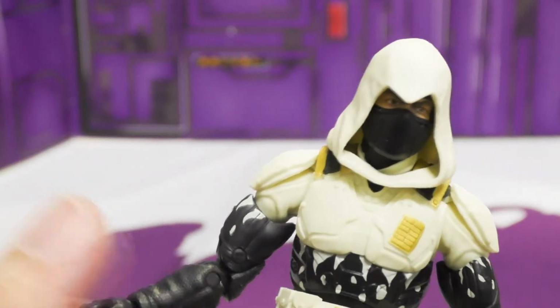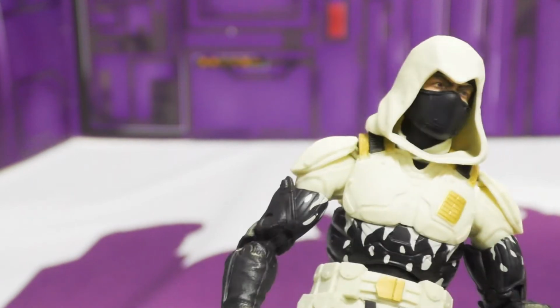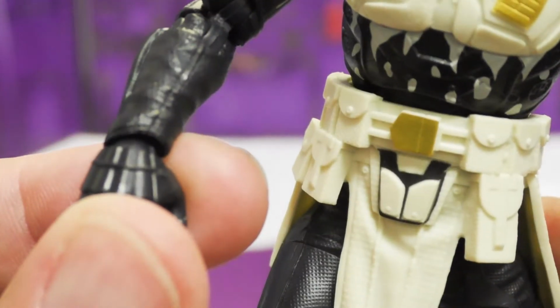Anyway, he's got all kinds of little sculpted details here. He's got some cool little...